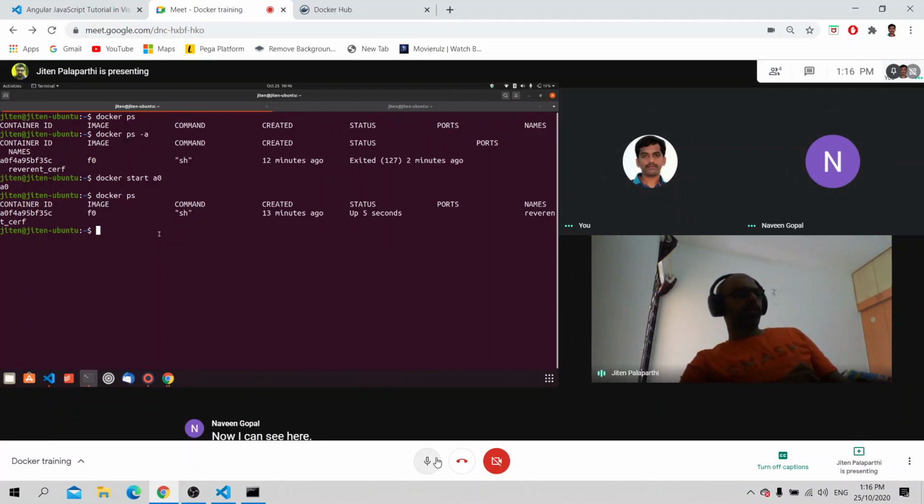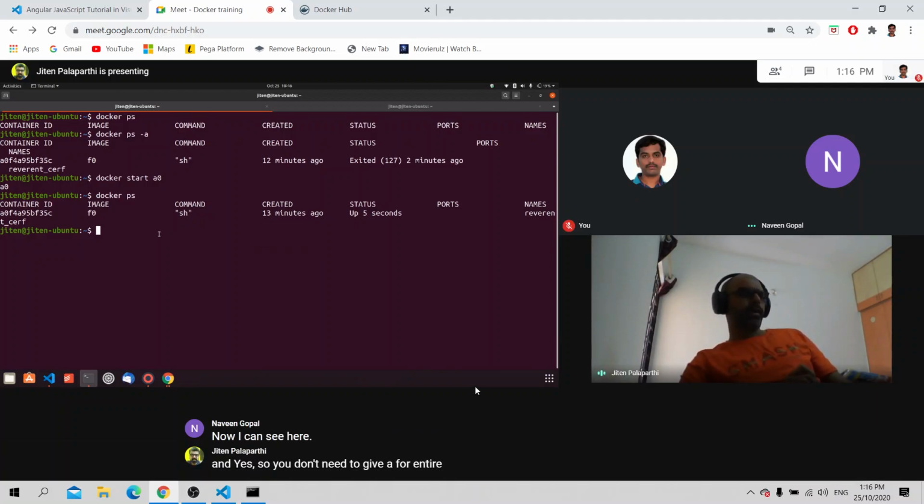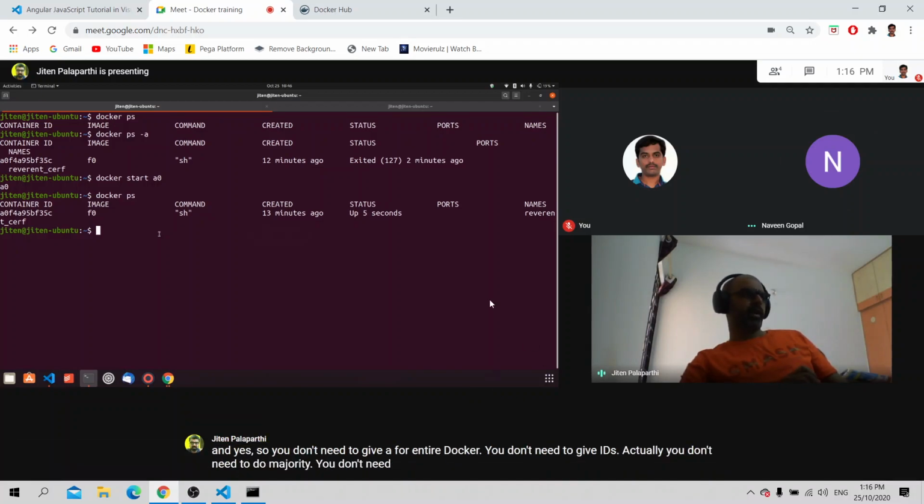So you don't need to give the entire ID in Docker. You don't need to give the image ID or the container ID.